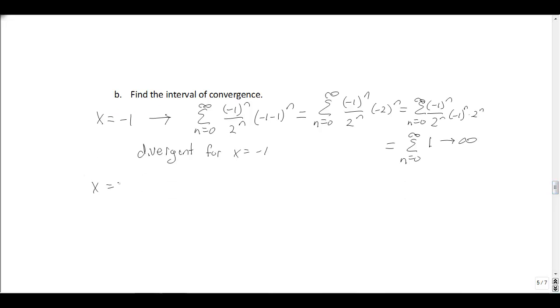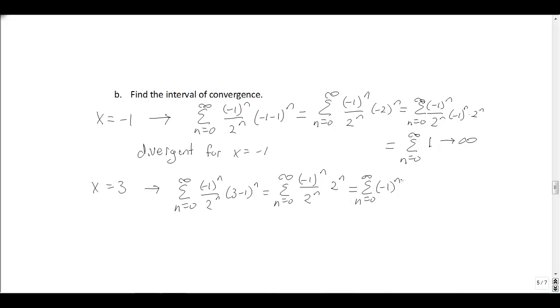And then the other endpoint was x equals 3. So we get n equals 0 to infinity, -1 to the n over 2 to the n times 3 minus 1 to the n. So summation n equals 0 to infinity, -1 to the n over 2 to the n. 3 minus 1 is 2 to the n. The 2 to the n's cancel. We get n equals 0 to infinity, -1 to the n. And again, that's just going to alternate between 1, 0, 1, 0, 1, 0. And so we get divergent series